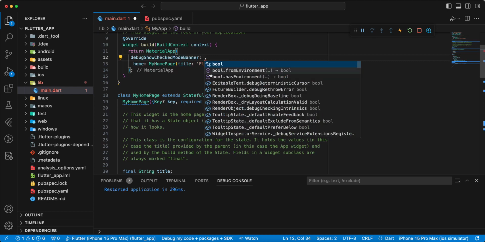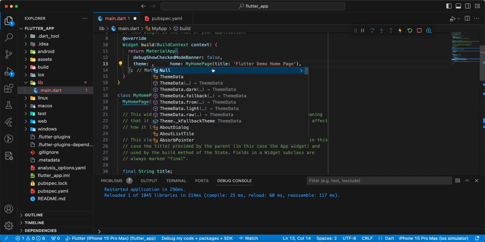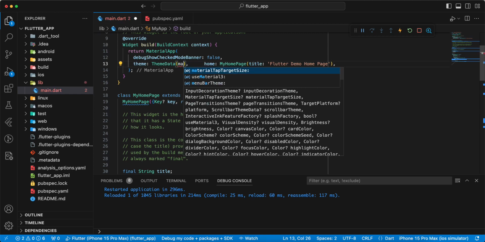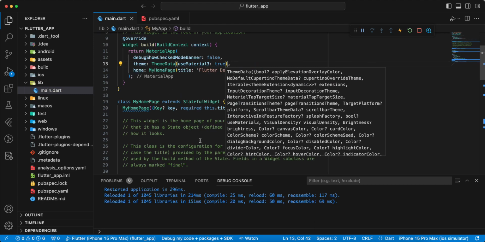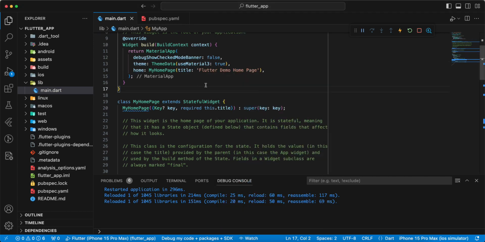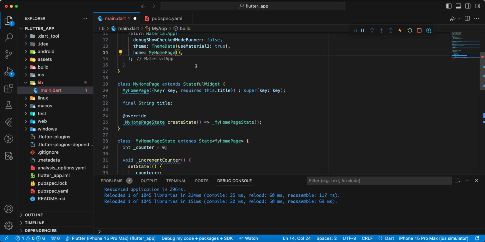Write debugShowCheckedModeBanner false. Then write useMaterial3: true, save. Then update the title, write